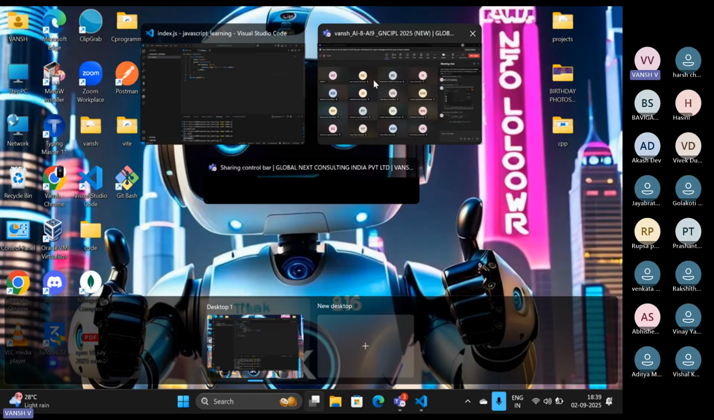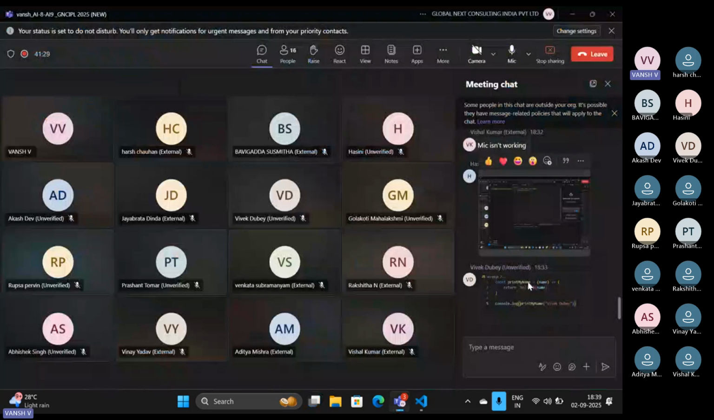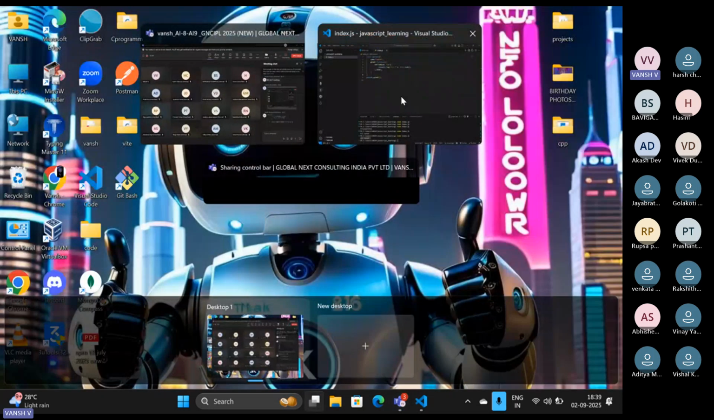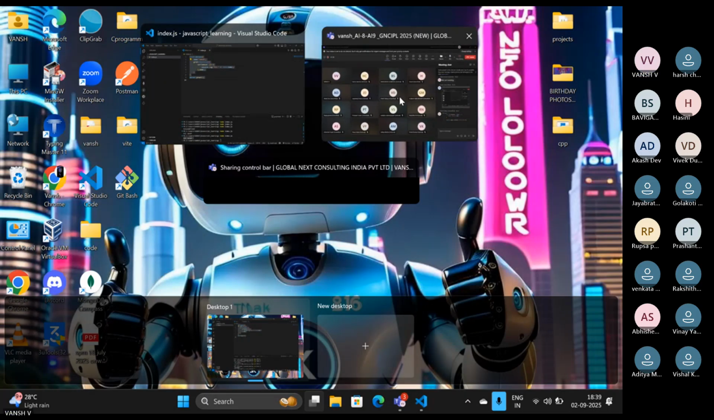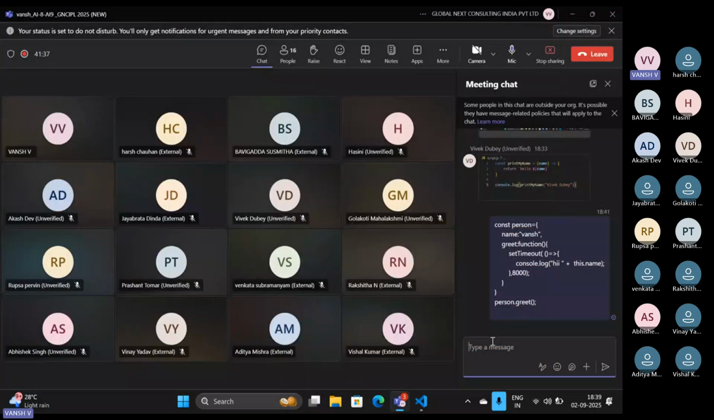So this is the basic difference. Let me just paste it over here and try to execute it. Okay. The basic difference is that while we were using this keyword in our traditional function, it is actually not providing me the answer for this keyword,